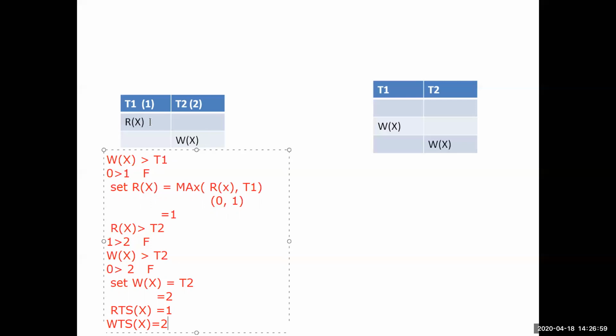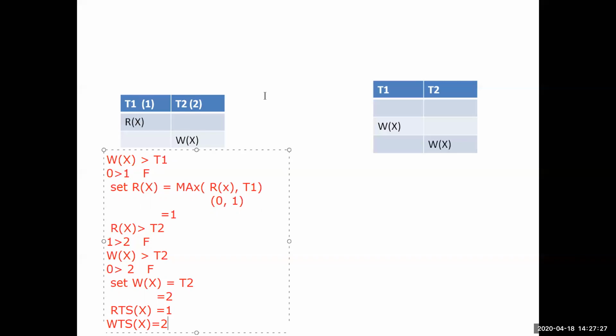Read timestamp we have checked. Now we will check the write timestamp. Write timestamp of X is the last write performed by that transaction. So it is T2, timestamp is 2. So we got this 2. So my transaction T1 will get executed first, then T2 will get executed second. It's successful. So here T1, after that T2, serializability is achieved using the timestamp protocol.